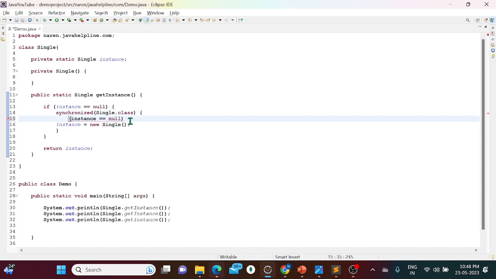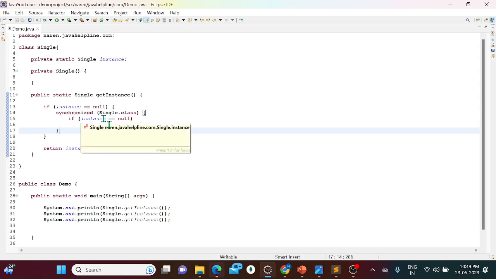If we do one more check here, this is called the double check singleton logic actually. So let's say T1, T2, T3, T4, multiple threads are coming, and two threads at once checked, both T1 and T2, and for both of them it is true. So T1 entered, T2 waits here, T1 entered and checked it is null and created an object. Okay, and while